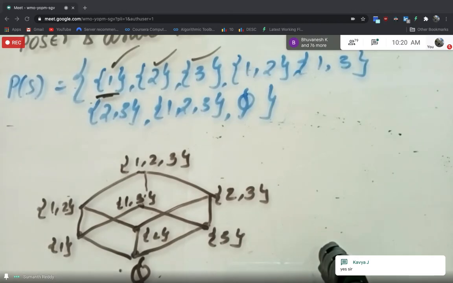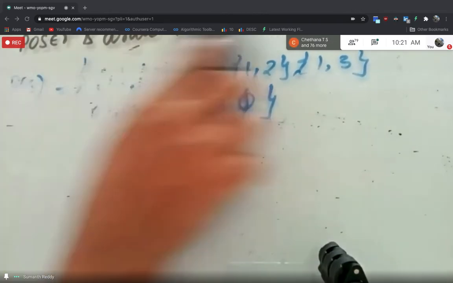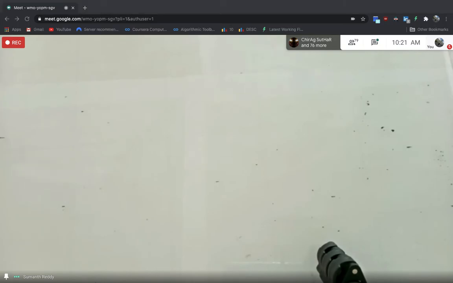Okay. So now I need to teach you some of the properties of this Hasse diagram, like maximal, minimal, upper bound, lower bound. Like this, we have some 8 properties. But today, if I do that, it will be a confusion for you. So I will teach you about those properties in the next class, right? So now I'll just give you some questions. So please try to solve it. So let me see how better you have understood this one.